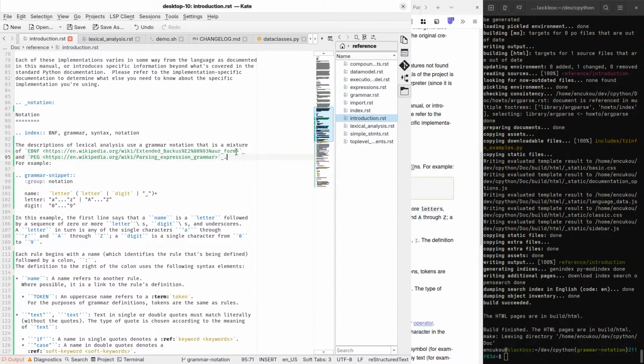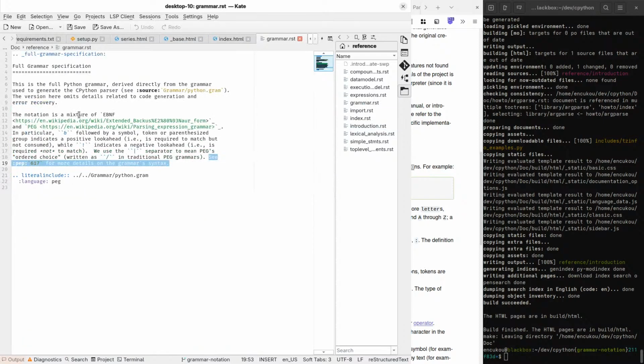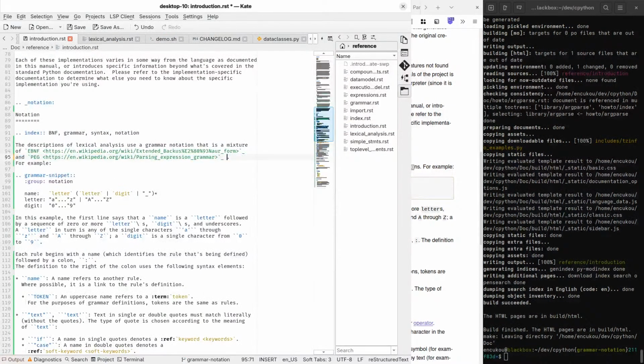Good. Very nice. Notations. I guess not.